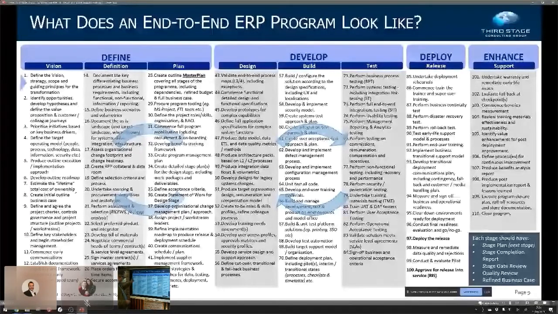So what we tend to do, depending on the scope of the implementation, when we receive a proposal from an SI, or indeed a tools vendor, but mostly an SI, is go through each one of the steps here that we think is in the scope of our program, and validate that the SI has got something in their plan to do one of these steps.